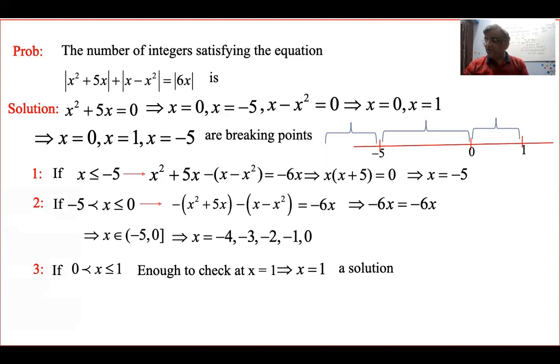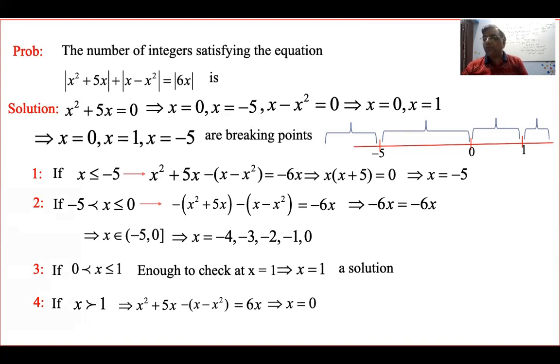Therefore, x is equal to 1 is also one of the solutions. And then the next part is when x is greater than 1. In that case, x square plus 5x is positive. Therefore, x square plus 5x, and x minus x square is negative. Therefore, it is minus of x minus x square, and 6x is positive. Therefore, it is 6x. When you simplify that, 2x square plus 4x is equal to 6x